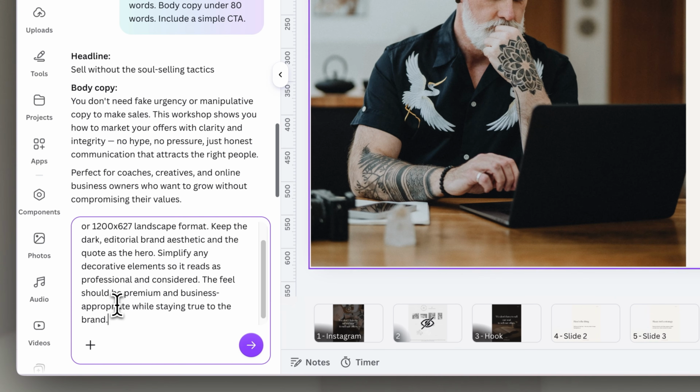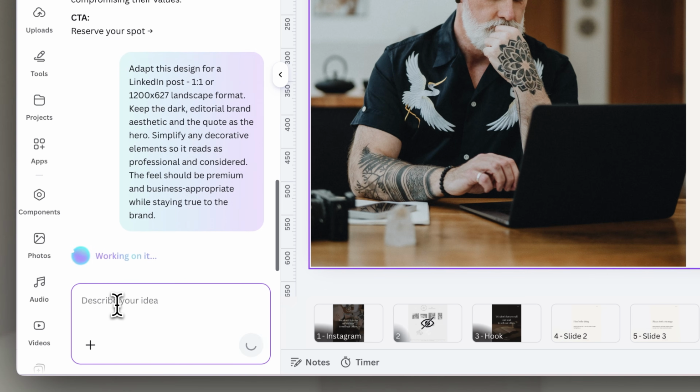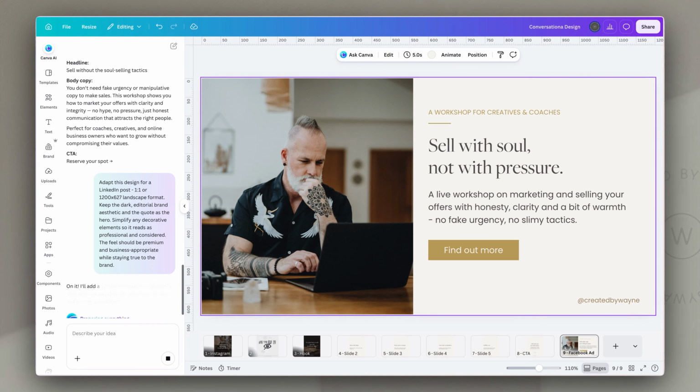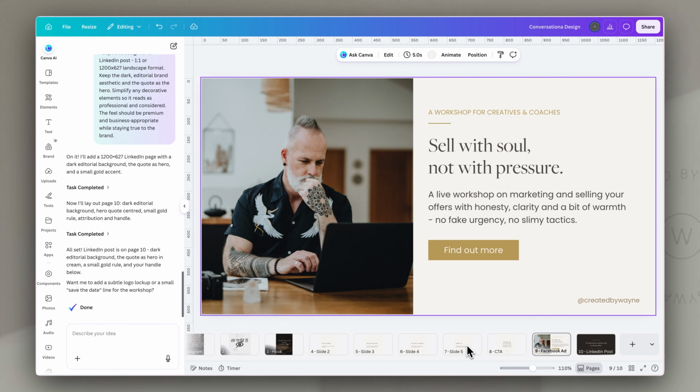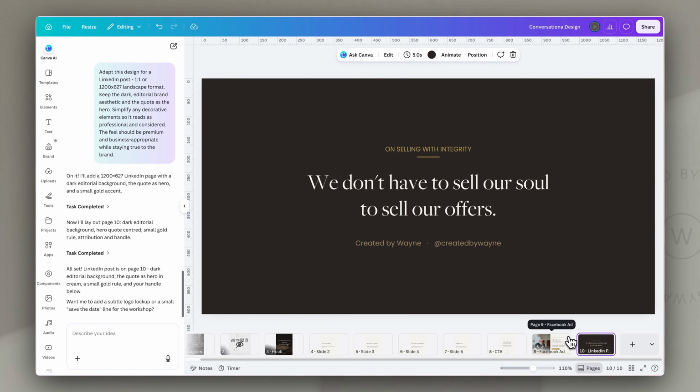So again, I'm going to paste the prompt in, which you can grab in the download, and we will just ask it to create a LinkedIn post and also to change it so that it fits with the format and platform. The LinkedIn post is really clean and simple. It's used my brand colors and just a strong statement that really grabs attention. Because LinkedIn rewards depth in the caption,